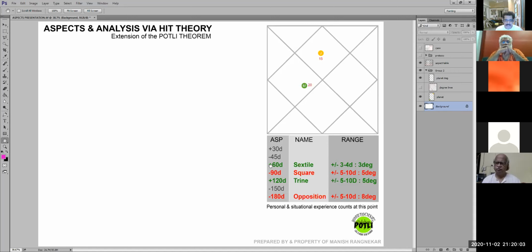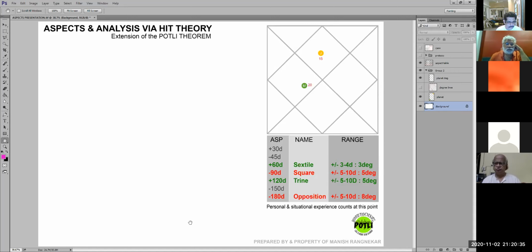Okay. So let us say this guy is hitting this one, for discussion's sake, at 90 degrees. Then you can say it is pinpoint hitting a 90-degree hit. If it is not hitting at 90 degrees, but at 92 or 93 or 98 degrees, are you trying to say that it has missed? It can't miss. It has to have some sort of a range within which it can get the result. So basically, what is the range?